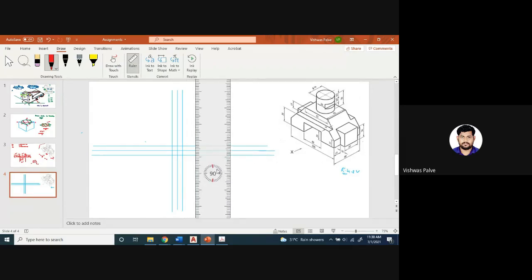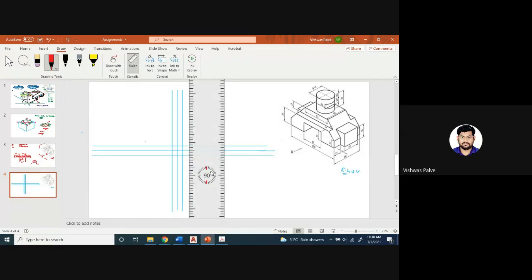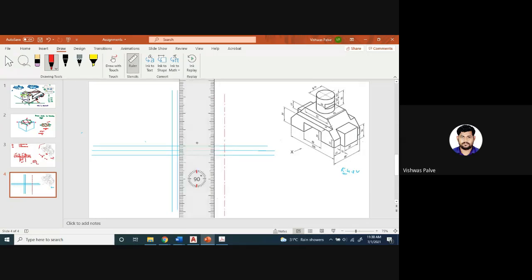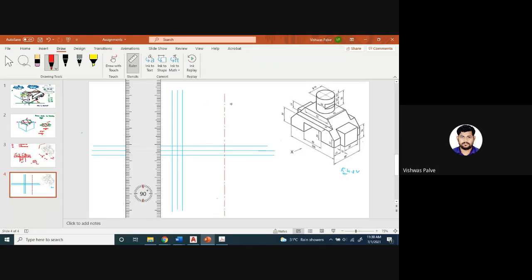So this will be the reference for our question. Okay, while solving, this will be at a 60 millimeter. Somewhere here the center line will lie. Short dash, long dash line, which we have to draw, which will represent the center line of that particular question. So now while drawing the line, I am drawing it in the front view as well as the top view. So it will save my time, because anyhow I have to draw the center line for top view as well as for front view. So both the parts I have covered.